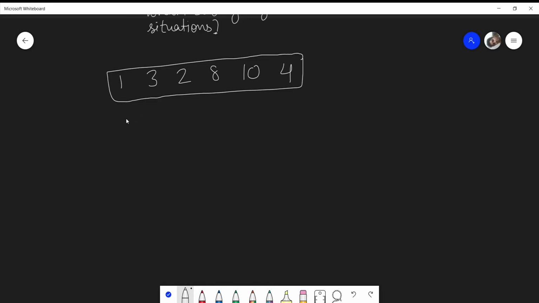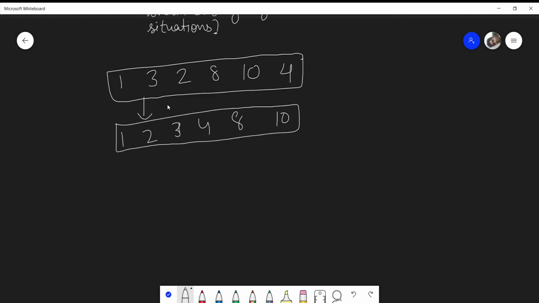Like this particular order when sorted will give us 1, 2, 3, 4, simply 8 and 10. So this is what goes in as input to our sorting algorithms, and this is what we get as an output from our sorting algorithm. So you must have got a very layman definition of sorting by now.